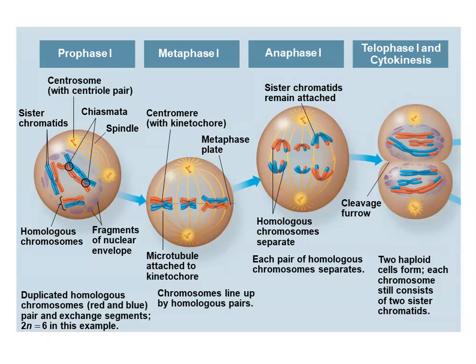together, and then you have them line up in metaphase along the midplate with the centromeres connected to the kinetochores. They get pulled apart by those kinetochore microtubules so that the sister chromatids stay together, but the homologs separate from one another. And then you are going to have a furrow form. You are not necessarily going to have that nuclear membrane completely reform because, again, these cells are going to go through meiosis 2 or equational division.